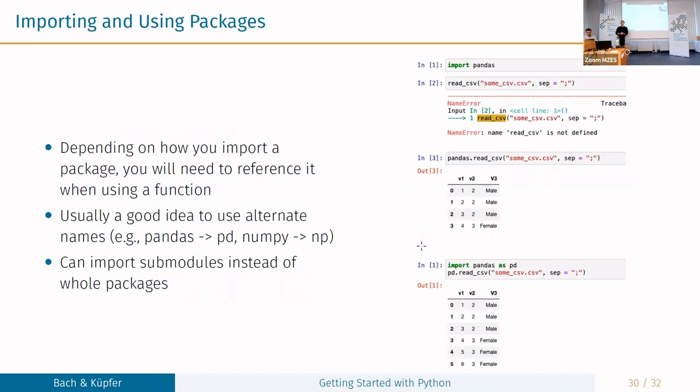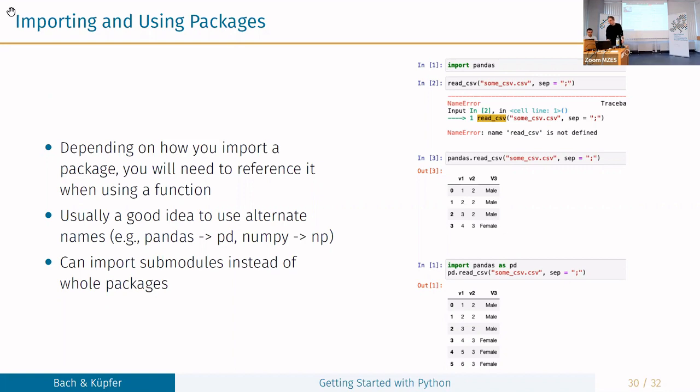Yeah, then importing functions from packages and calling functions from packages. You will probably have seen that often you see stuff like import pandas as pd and then pd.read_csv or something like that. And now the idea is we just want to give you some explanation of what all of this means. I will move this window. So there are a few different ways how you can import packages, and depending on how you imported a package, calling functions from the package will behave differently.